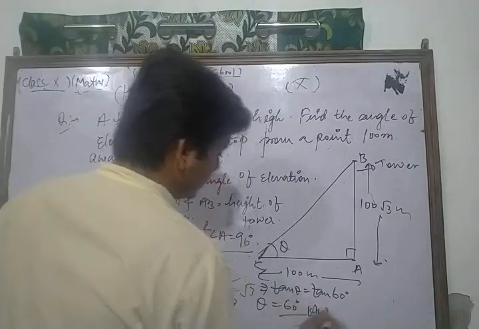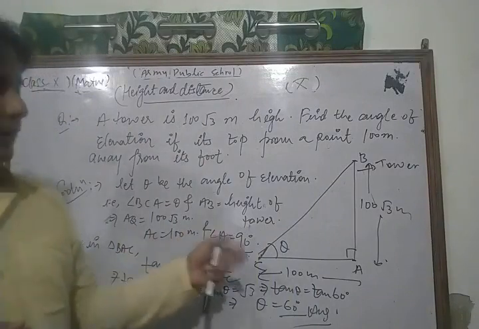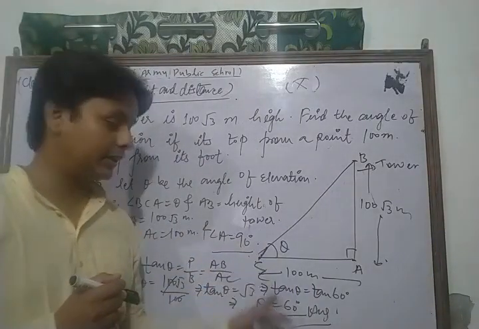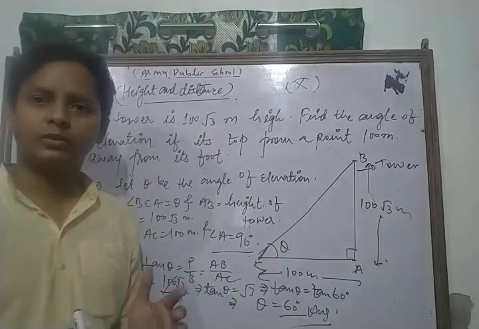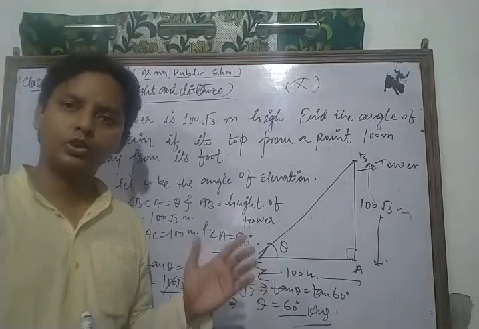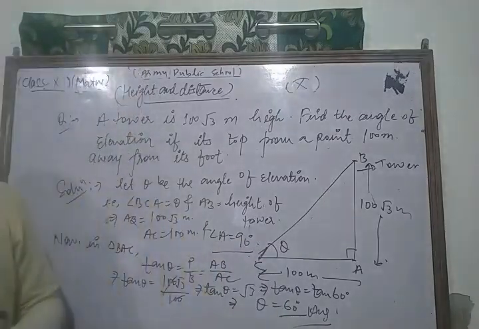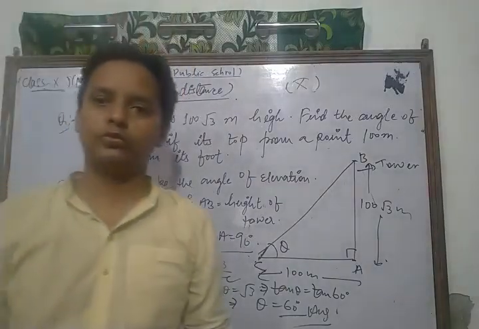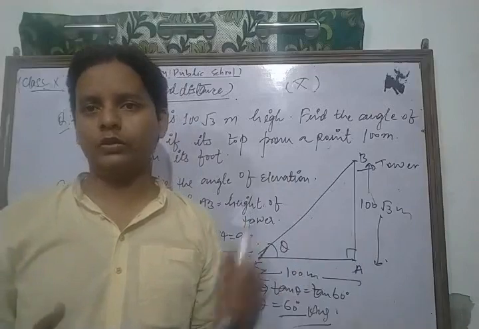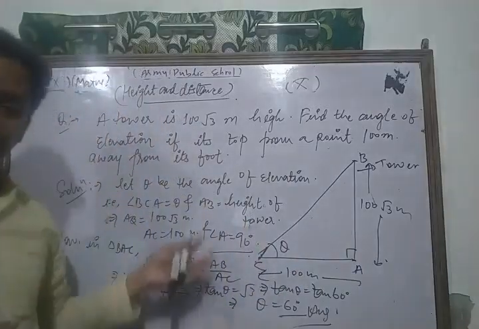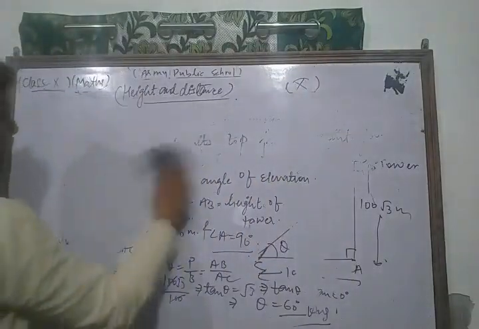This is the answer. In this way we can say that the angle of elevation made from this point is 60 degree. This is the required solution of the given question. So dear friends, in this way you can solve each and every question of your NCERT exercise based on height and distance. Before solving, first of all draw the figure according to your question. After that, solve the question in this way. Now we take and solve some other important questions based on this topic.